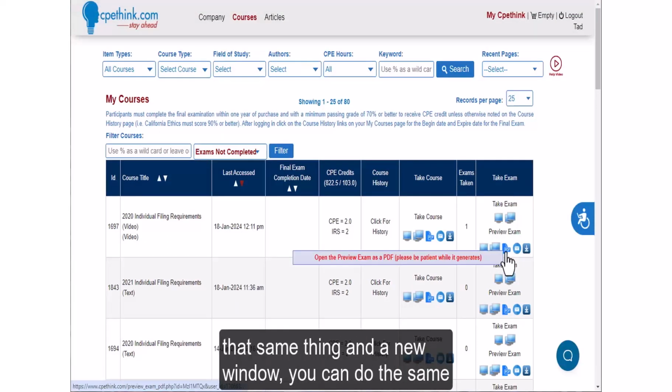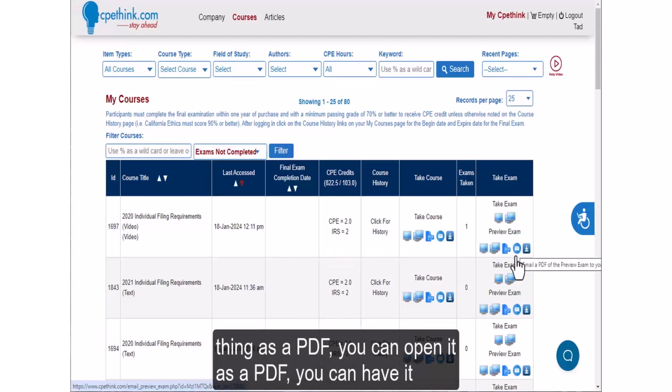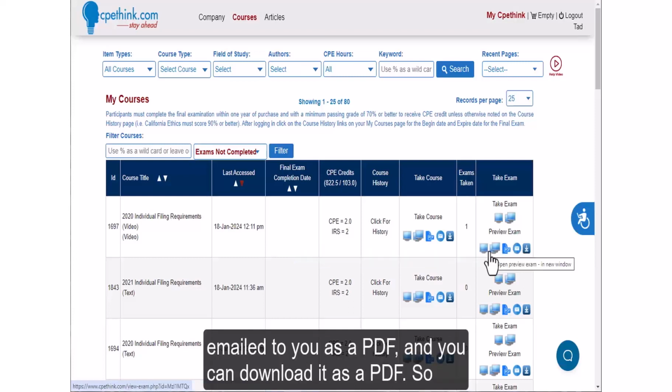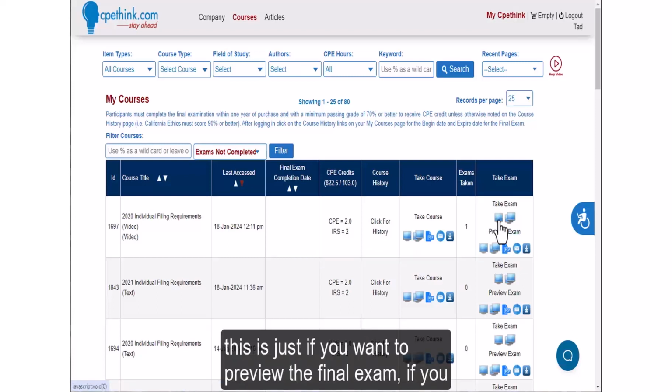You can do the same thing as a PDF. You can open it as a PDF. You can have it emailed to you as a PDF, and you can download it as a PDF. So this is just if you want to preview the final exam. If you want to take the final exam like we're going to do here, I'm going to open it in the same